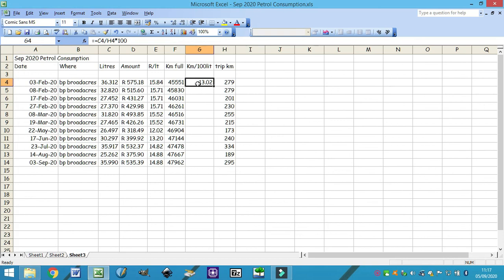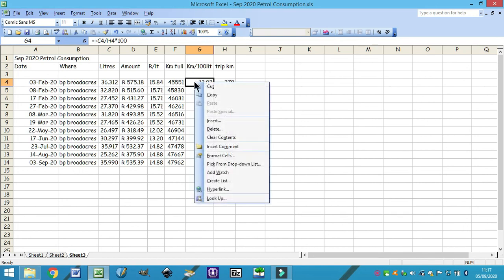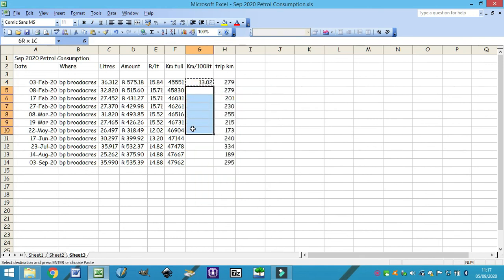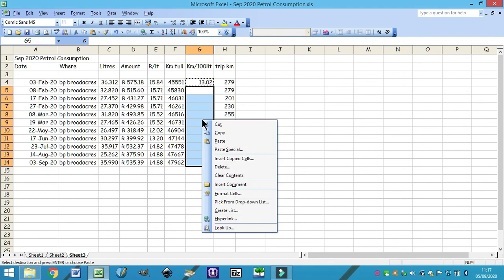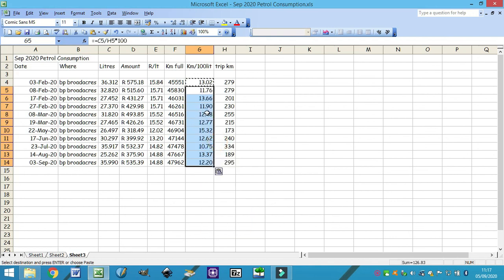That's come out at 13.02, and now if I copy this down, it'll give me the details for each of these particular trips. So I now right click, and it says I can copy, and now I open up with my left click the rest of the particular cells. I right click again, and I say paste. Now you see where I kept the cursor was within this blue area. If I say paste, it pastes now all of the cells, and it does all of the calculations